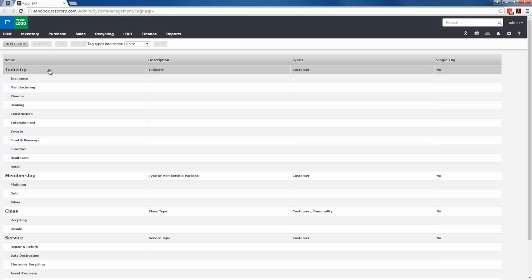So for example, we have industry here. Industry is a tag group in this case, and the type of tag is a customer. There are three different types of tag groups. You can either do customers, commodities, or models. Models have to do with resale, master items. Commodities have to do with recycling, master commodities. The other one is the customer tag, which in this case is what